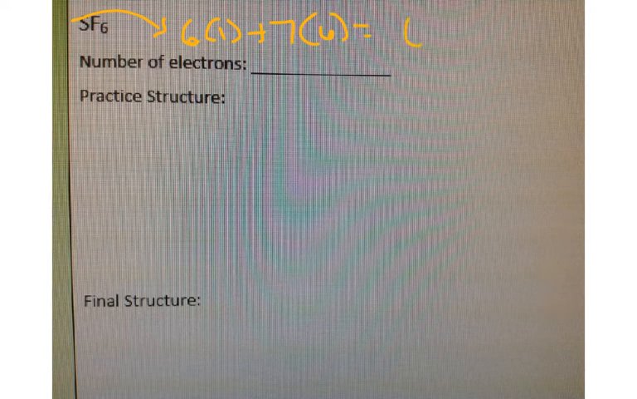So total that is 6 plus 42. So we have a total of 48 electrons available. All right, so now when you are trying to do the valence electrons, or when you're trying to draw the